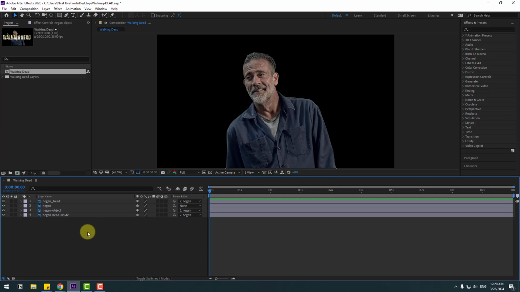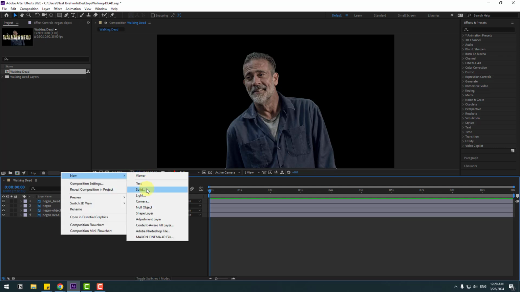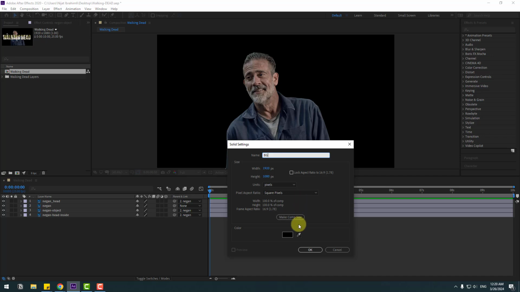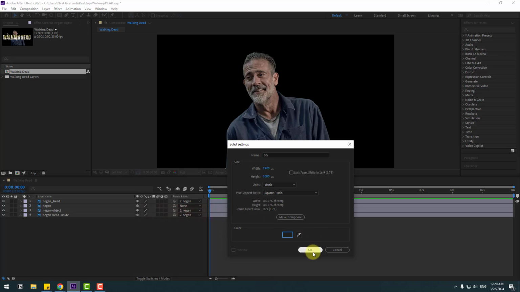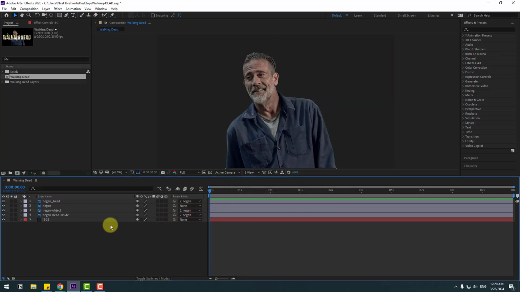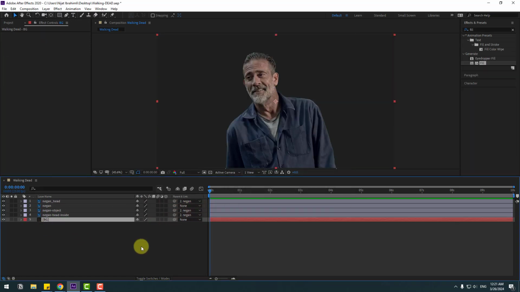and create a new background. Right mouse, new, solid layer, add the name background and change the color like this. Click OK, click OK again, move it behind and select this background layer. Let's press Ctrl D to duplicate, change the name to grid